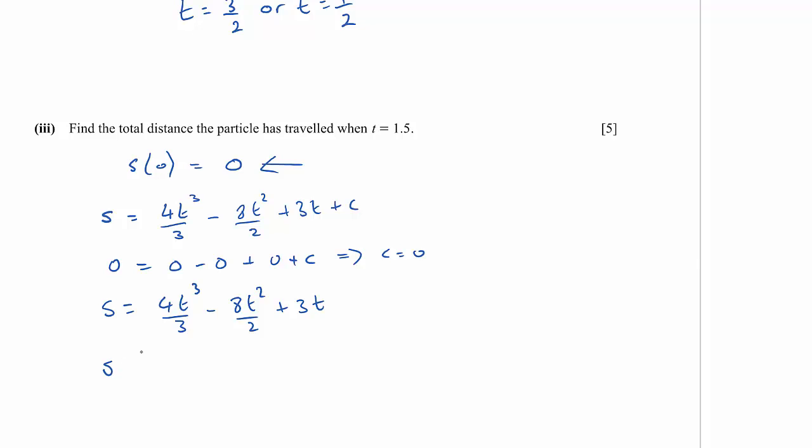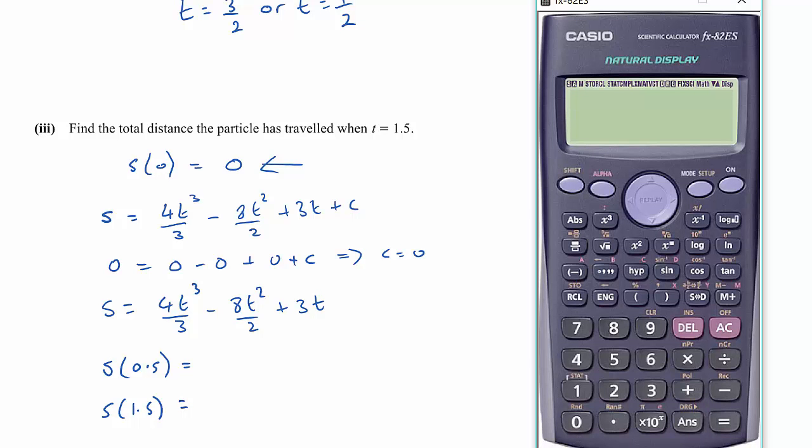And we'll need to know at both of the times when it stops where it is. So s of 0.5 and s of 1.5 we want. So we've just simply got to evaluate those. So we have 4 times 0.5 cubed over 3,